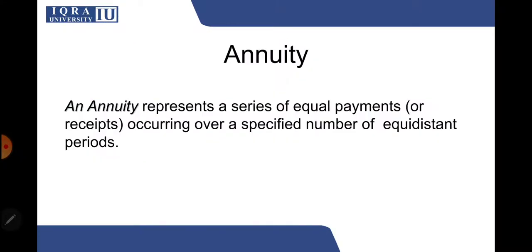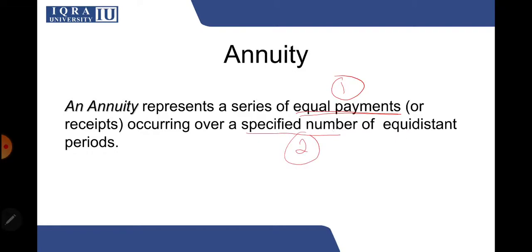Now, first we need to understand what is an annuity. The definition of annuity is that an annuity represents a series of equal payments or receipts occurring over a specified number of equidistant periods. Now, in this definition, there are some points that should be noted. Number 1 is that the payments have to be equal, occurring over a specified number